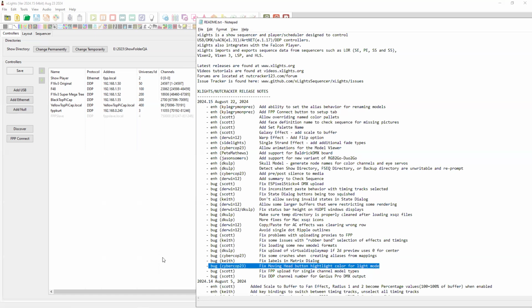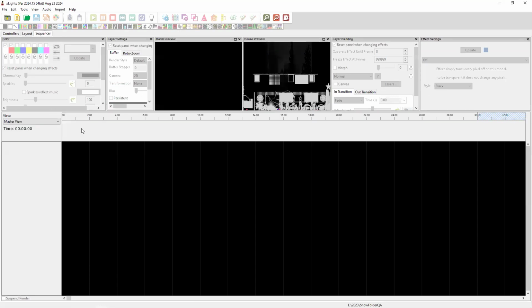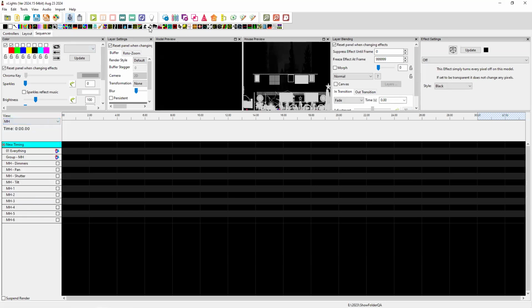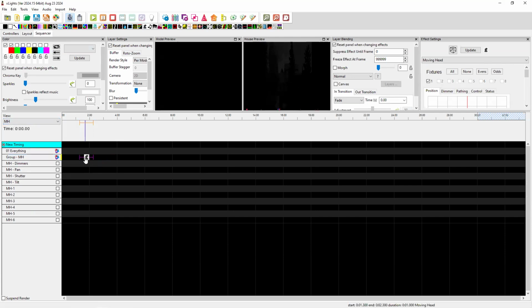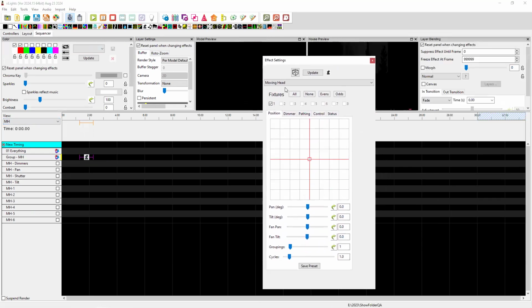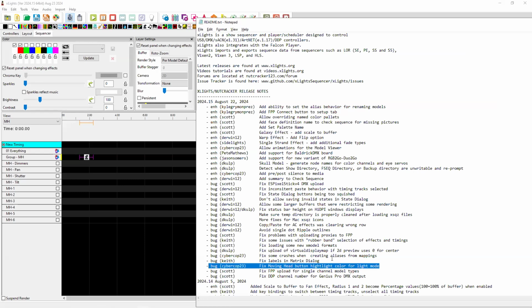Alex has addressed an issue with the highlight color in a moving head effect. So moving head effect starts, I think I got something here. Yeah, if I go moving head effect, drop it into here. And my effect window is over here. Let's drop it over here. The all button was colored in such a way that you couldn't see it on a Windows machine, so that